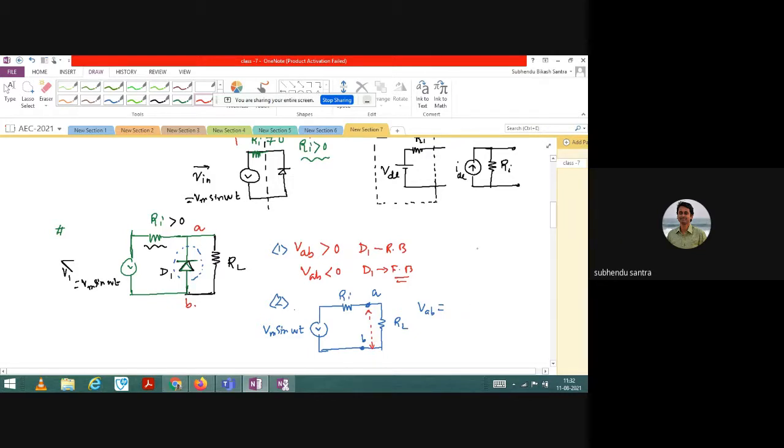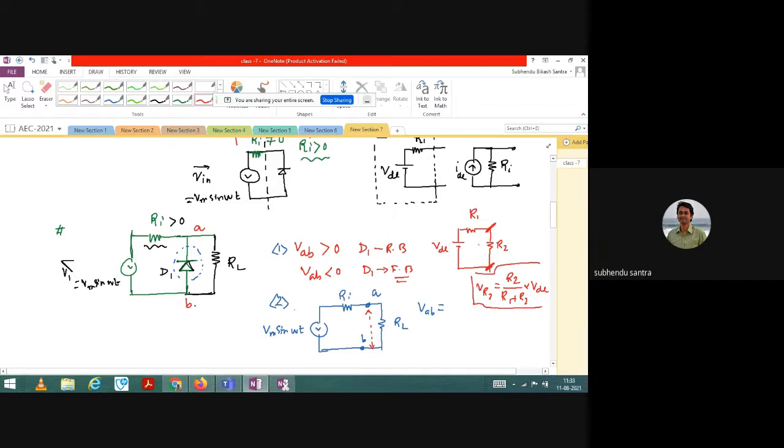The voltage division rule says, let me just draw it. You have to apply all this knowledge, and this is your basic electrical. I think you forgot, so let me just do it again. With VDC, if somebody asks you to find the node voltage across this R2, what will you do? VR2 I can directly write as R2 divided by R1 plus R2 into VDC. It is called the voltage division rule.